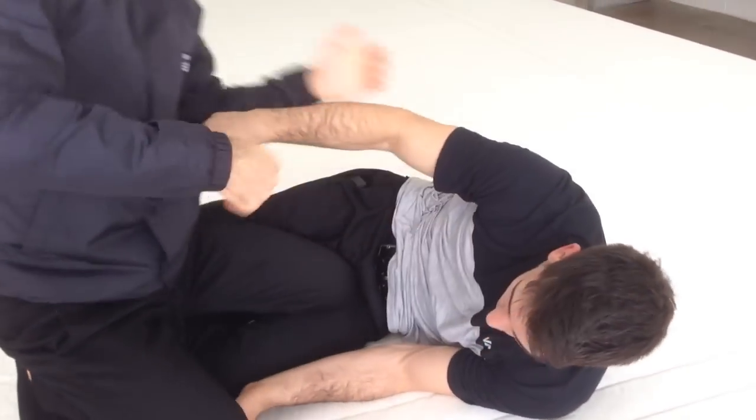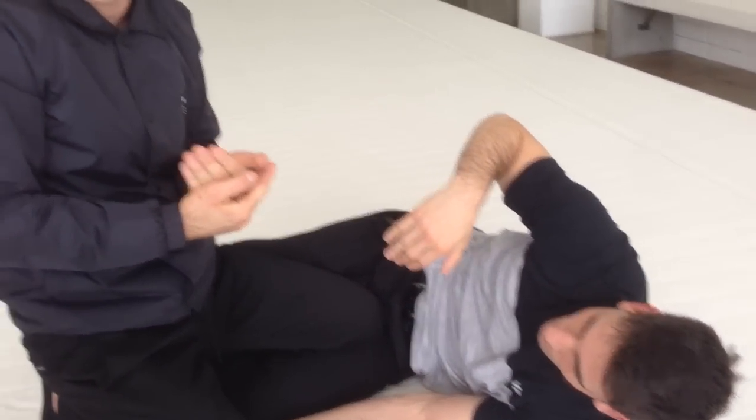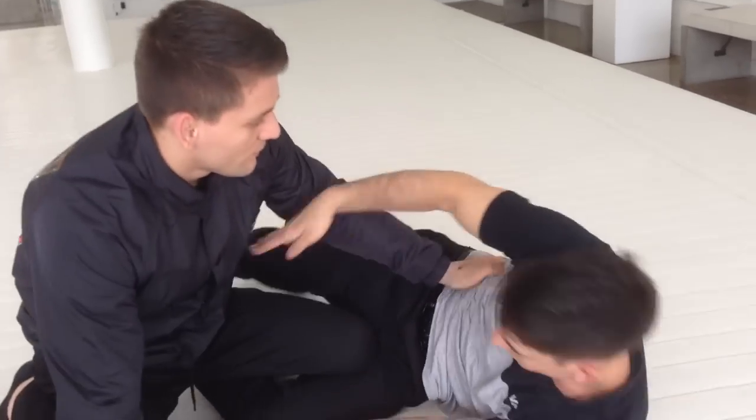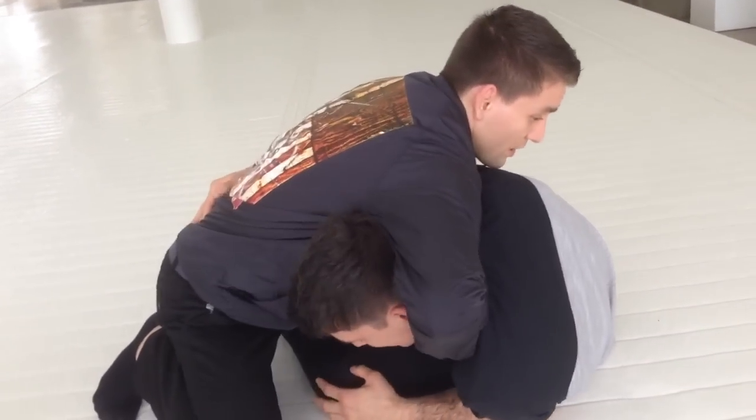But if I go here and put my shoulder on the mat again, and he's right here, I don't like this angle to finish the anaconda choke, because I prefer when he's sitting up and I connect my hands. So I feel that I lost the timing to do the anaconda choke, but that's when I do the guillotine, so it's my second option. So he sits up again, I control, and if he goes back...